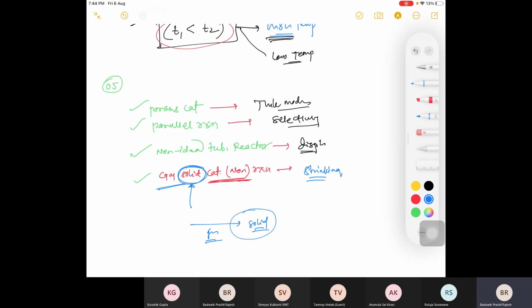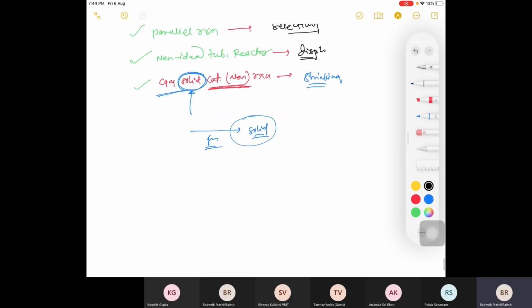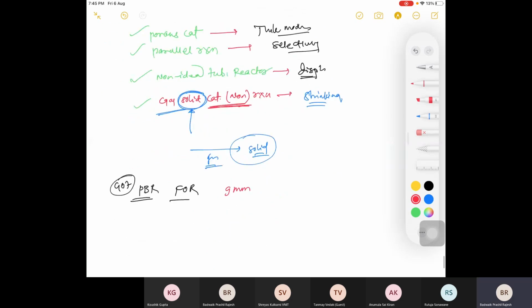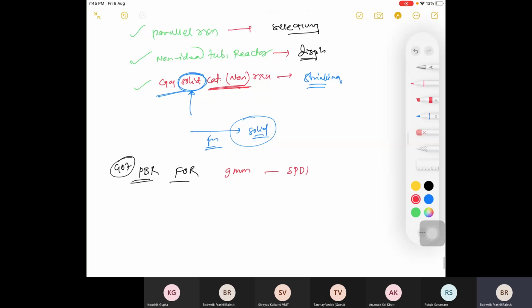Then the last question is, okay, GATE 2007, packed bed reactor. You have been given a first order reaction, then 9 mm pellets were used, in the strong pore diffusion resistance regime. If I'm using 18 mm, then what is the conversion? If conversion in the case of 9 mm is 63.2.